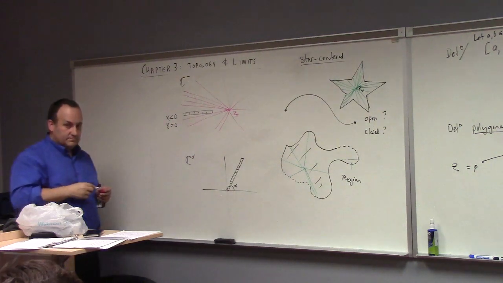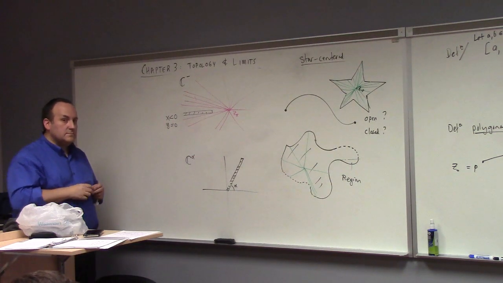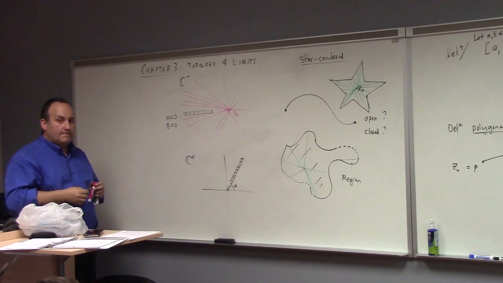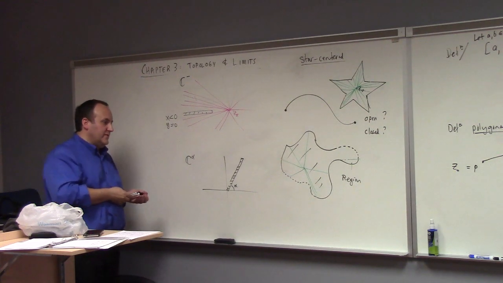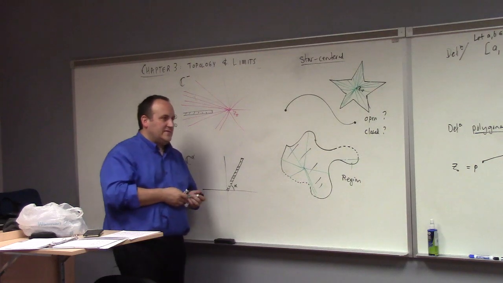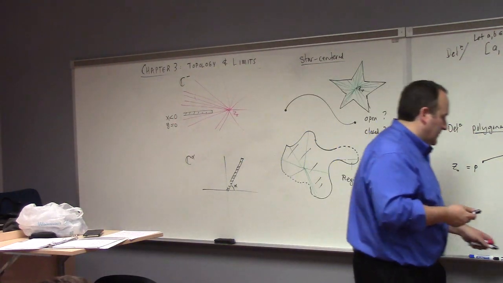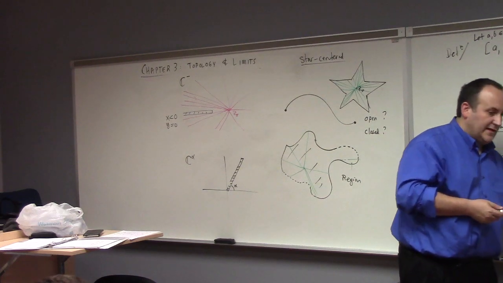Yes, sir? Is there any significance to a region where every point is a star center? What does it mean if every point in the region is a star center? I think that makes the set convex. Yeah, that's a convex set. A convex set is one for which the line segment between